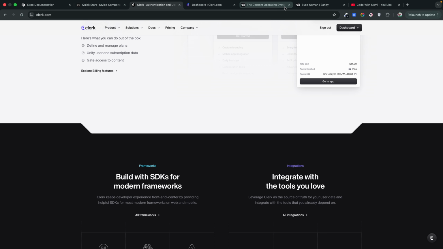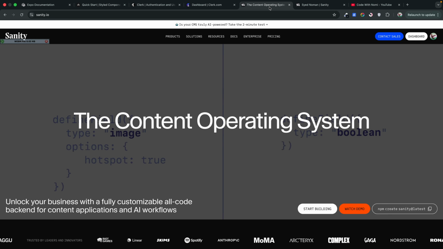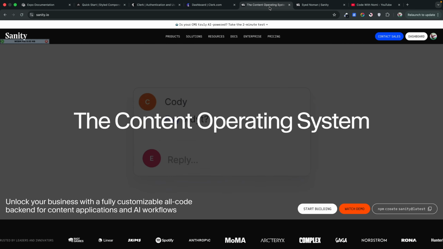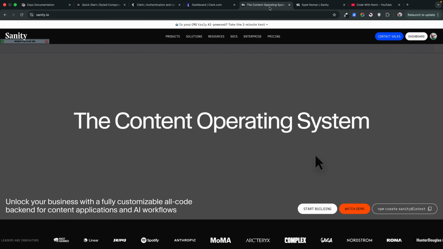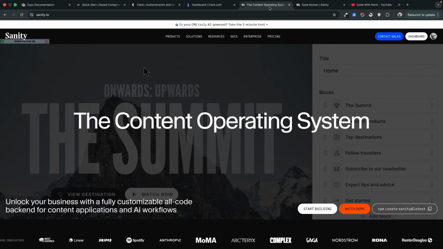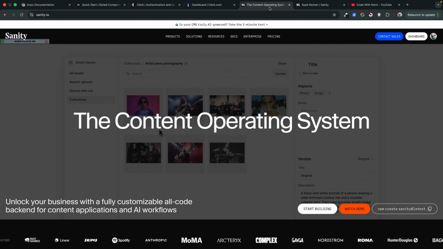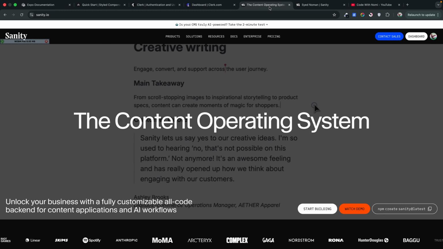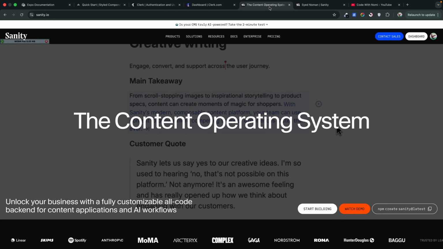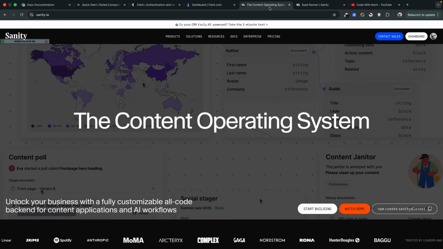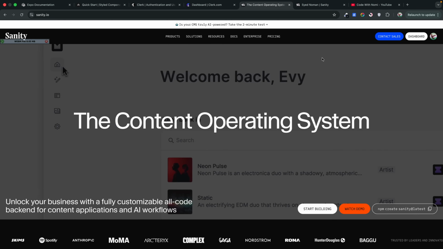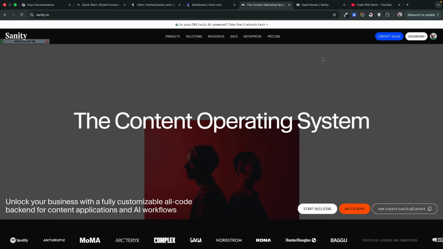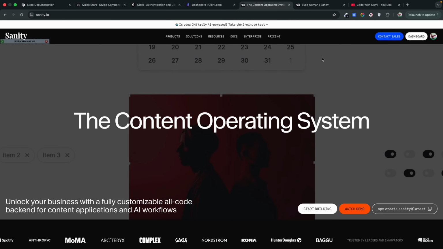Then we are going to use Sanity for data, because our application will be dynamic. So we're going to use Sanity as a CMS. That means we can manage things like text, images, and other content in a dashboard. Then fetch everything into our application using APIs. It keeps the app flexible so we can update data without pushing a new build. So overall, we're going to use Expo router for the app, Gluestack for the UI, Clerk for authentication, and Sanity